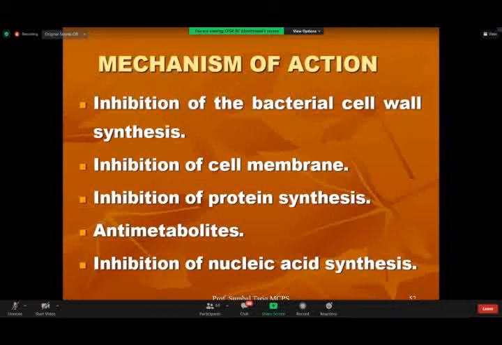फिर एंटीमेटाबोलाइट्स. They are drugs which basically cause a decrease in the active production of all the metabolites of the bacteria. ठीक है? इसमें specifically सल्फोनामाइड्स एग्जांपल हैं. Then inhibition of nucleic acid synthesis. फ्लोरोक्विनोलोन्स are the ones specifically जो ये करती हैं कि वो न्यूक्लिक एसिड सिंथेसिस ही नहीं होने देती, डीएनए आरएनए को बनने नहीं देती. Therefore the bacteria cannot divide and they cannot cause further infections.